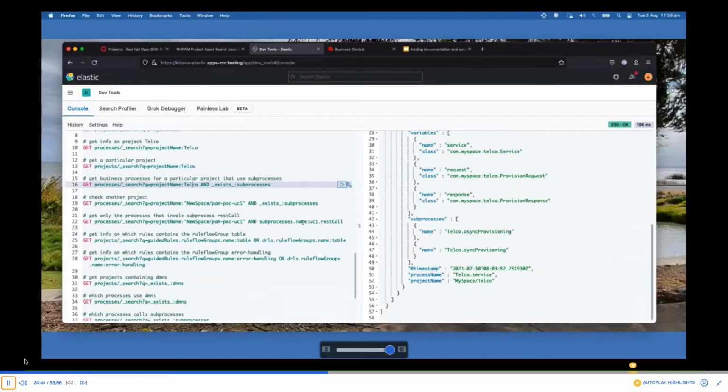As I said earlier, this is a small project. It may not be that difficult to find it by just scanning through the whole document generated, which I showed you earlier. But for a large project like 21 processes, it may not be that easy to do. So it's another